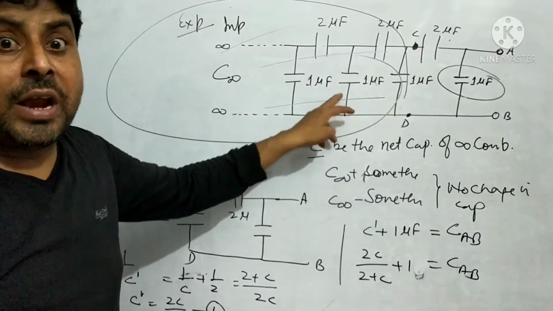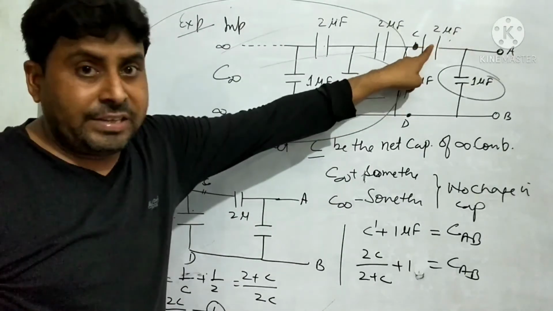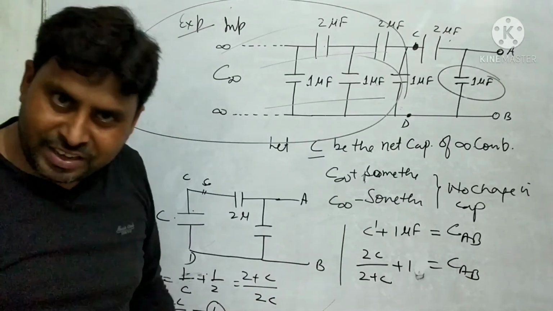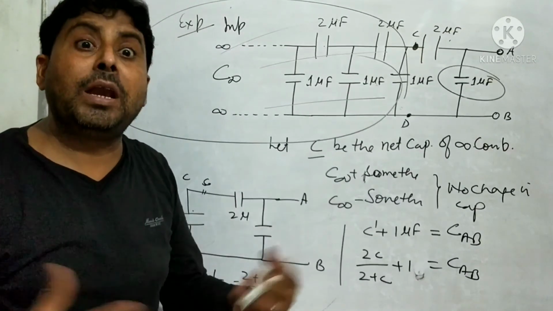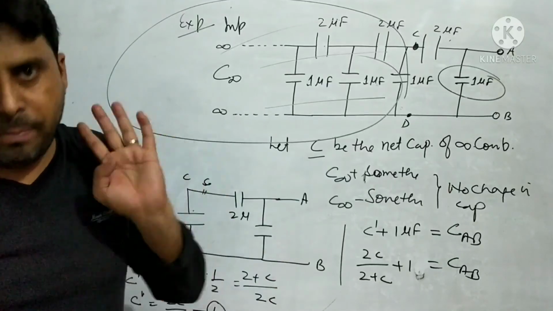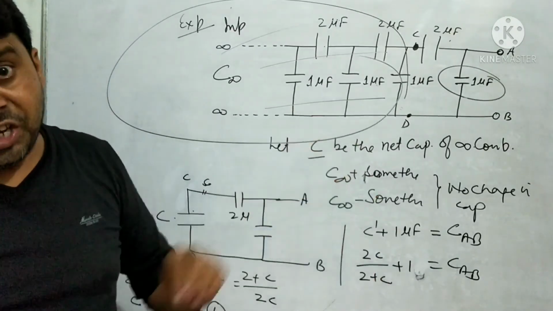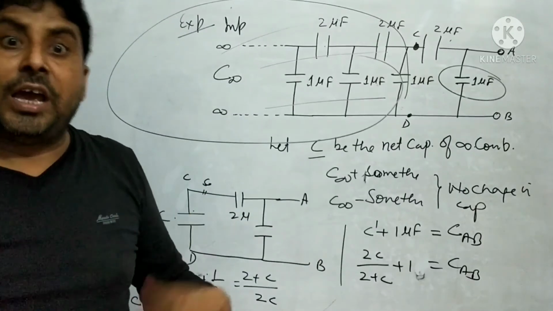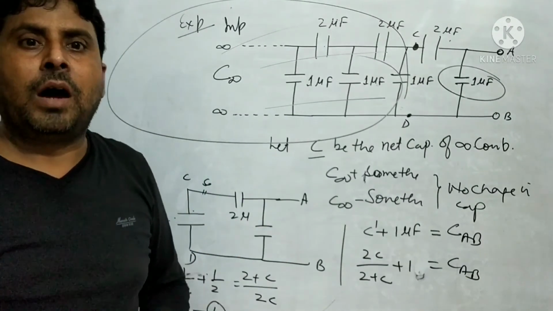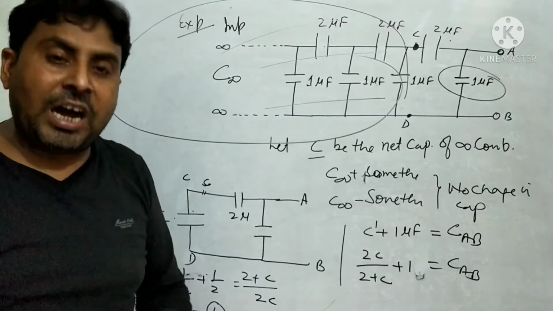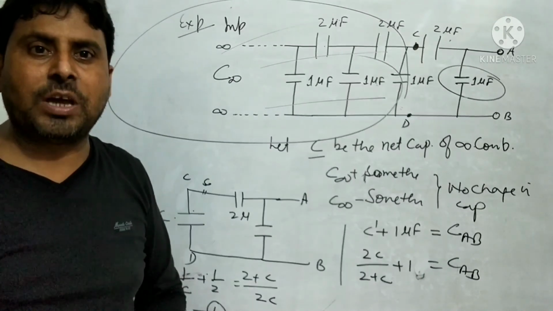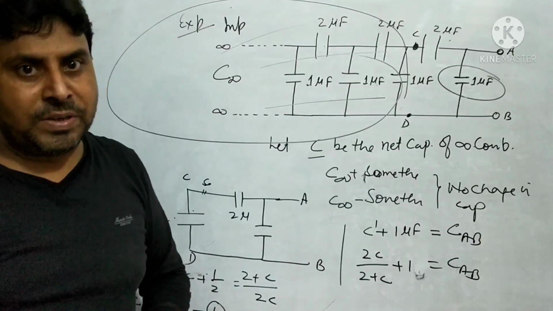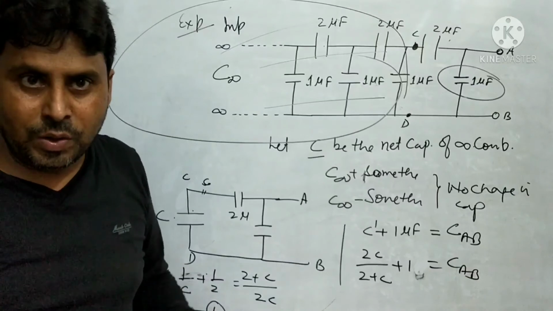Up to here, consider it as infinite C, and then it is in series, that's why such, and this is in parallel, that's why such. So dear student, I have taken many different types of capacitor combinations. How we can calculate them in series, calculate them in parallel, how we will identify them in series and parallel, and how we will find the charge on each capacitor and the potential difference across each capacitor. So many terms for the combination of capacitors I have completed in this video.